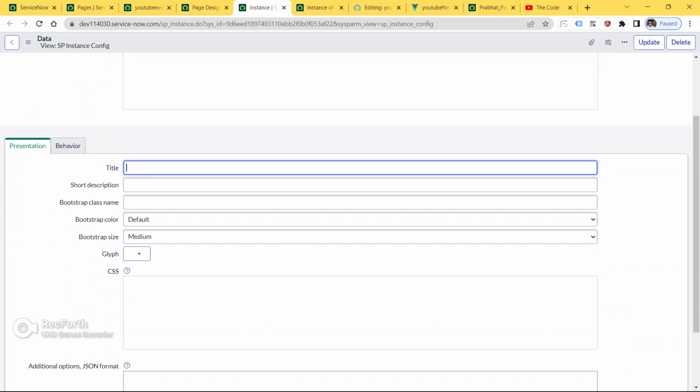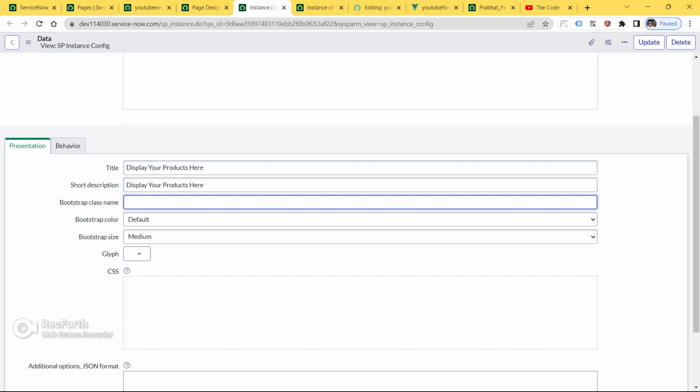Give the title also: display your products here. Give a short description also, same.